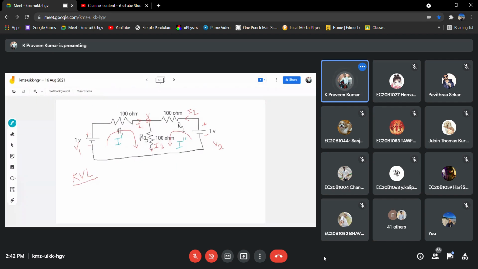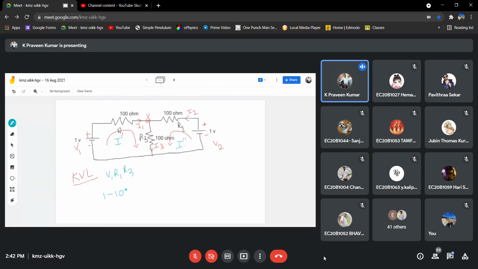Now, how do we write the KVL equations? For the first loop, that is the loop V1, R1, R3, can anyone say what the voltage equation is? 1 minus 100 into I1.